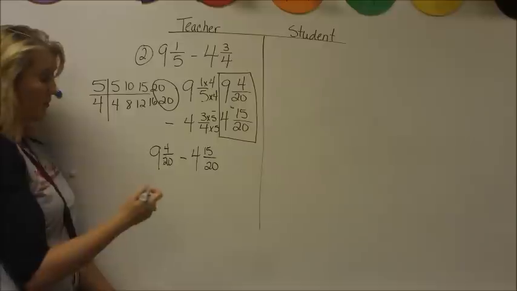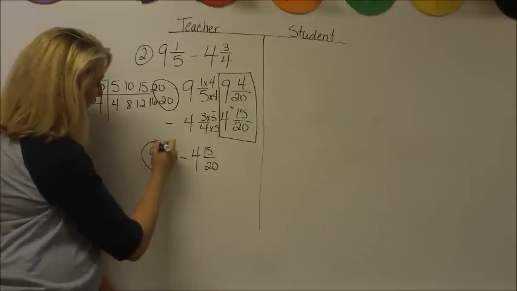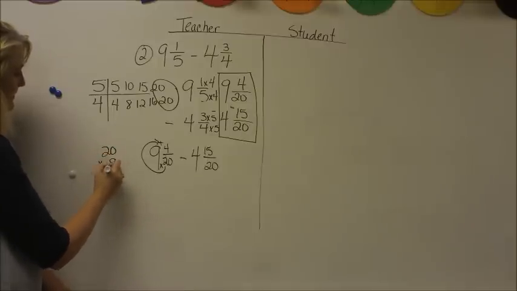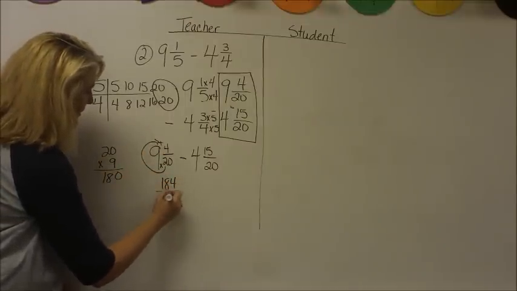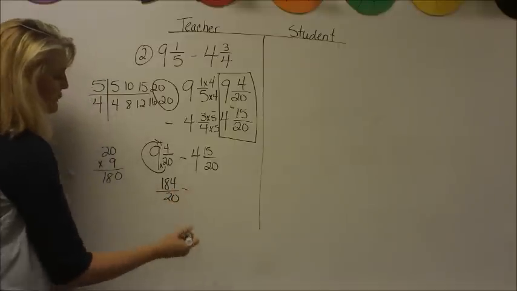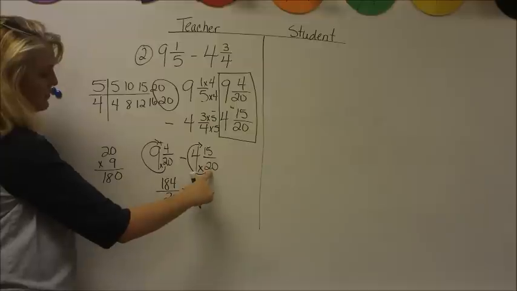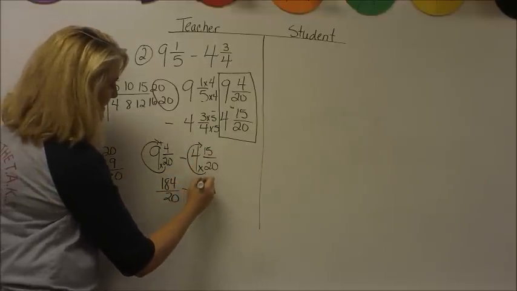Now, around the world, 20 times 9, and then I'm going to come around and add 4. 20 times 9 is 180, plus 4 is 184 over 20, minus 20 times 4 plus 15. 20 times 4 is 80, plus 15 is 95